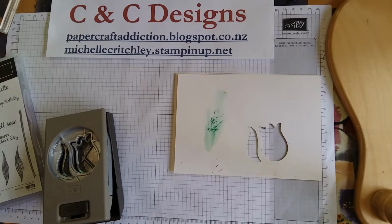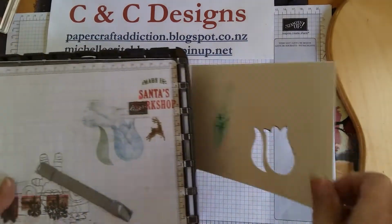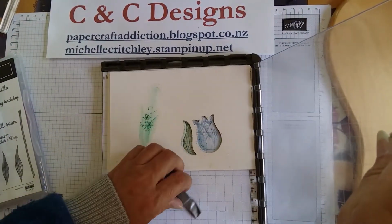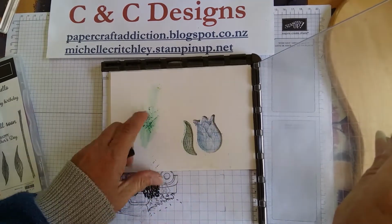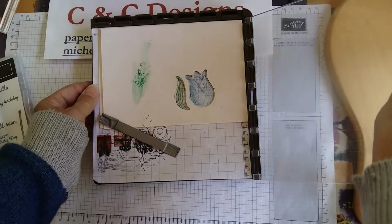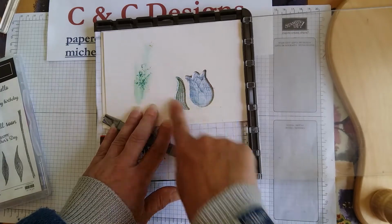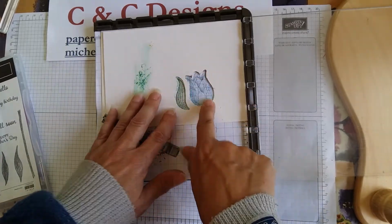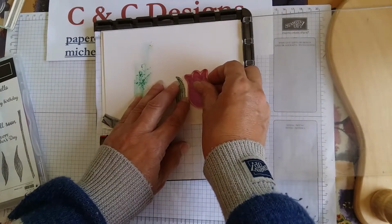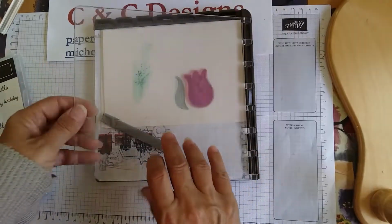So to save on paper again, what I would do is, I've made my template. It's just made with a bit of old cardstock. In fact, this is the card that the dies come on, and it has sticky on the back. So I've just punched that out, so I have that. And so if I want to do a whole bunch in one go, I would line up my image, so that's my flower,